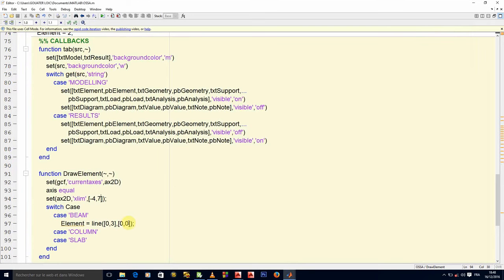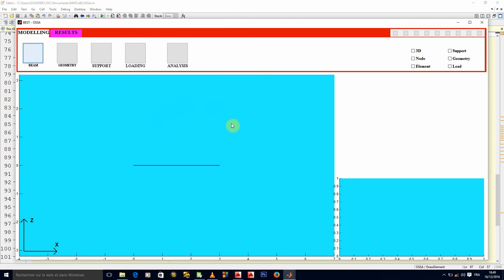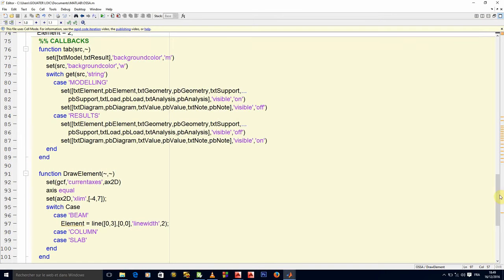Okay, so I would like also to increase the line width. That line width is not satisfactory, so I would like to increase the width of the line for it to be thicker, right? Line width, let's put it 2, and let's see what it gives. Okay, good. So we can make things again more beautiful, right? Because this margin, this cyan axis for me is not too interesting. Okay, so I just placed it, you remember, just to show how the axis is displayed, right? So let's remove it and let everything be on the figure. Okay.